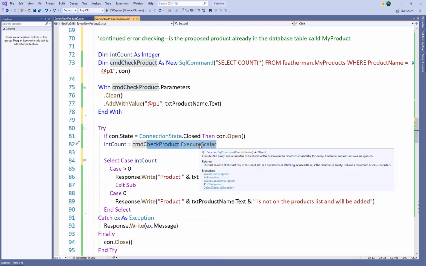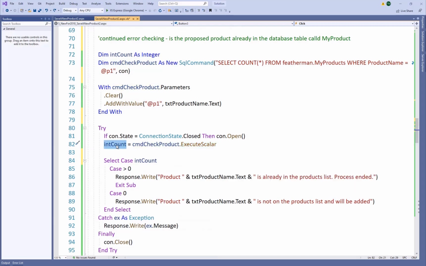And it returns that one number and puts it in this local integer variable, which we later use in a case statement, and the case statement decides whether we're going to stop or whether we're just going to give a message, hey, your product's not on the list, so okay, everything's good, we'll add it. But this is a SQL command. The SQL command gets run